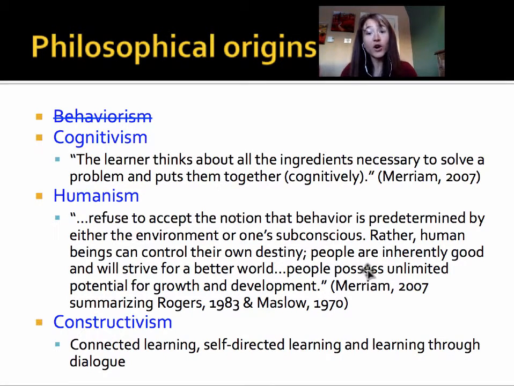learn. The learner thinks, this is a quote from Merriam, the learner thinks about all the ingredients necessary to solve a problem and puts them together cognitively. So getting a view into the mind of the scholar, of the learner, and thinking about how those pieces are being put together. Now, cognitivism was very much informed by the Gestalt philosophers,